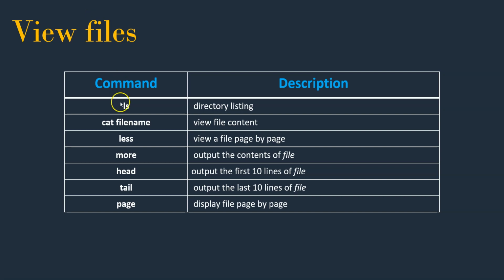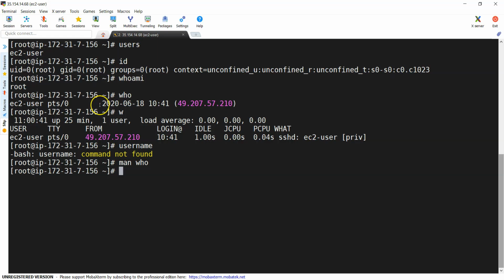First, let's try the ls command. So I'm on my server and I have logged in as the root user. If I do ls over here, you can see there are two files. ls stands for list. It is going to list out the files or directories in the current working directory. Usually in Windows we just go inside the directory and you are able to see all the files and directories. But here it is not the case. Once you go inside your directory, you need to list out files by using the ls command.